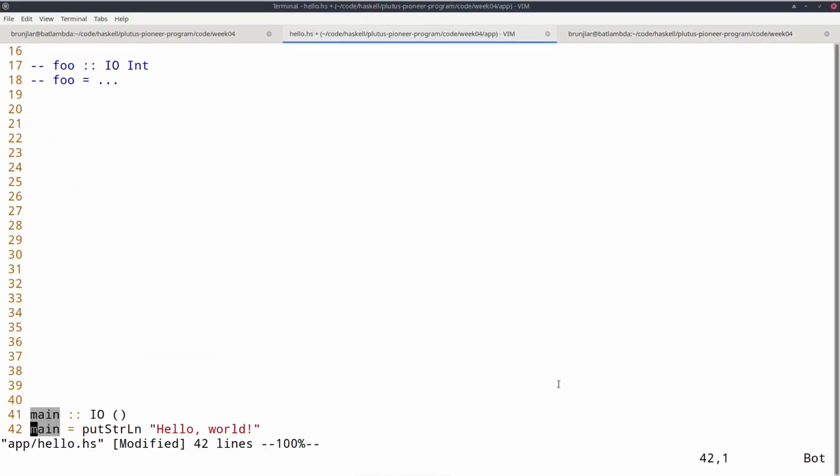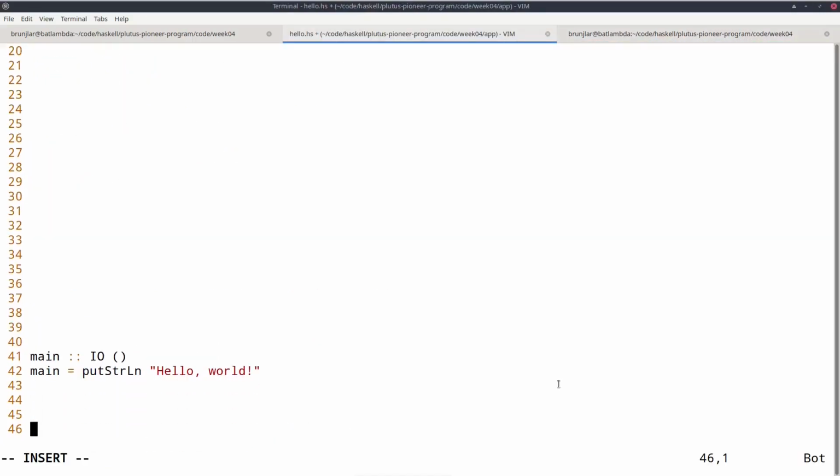Returning back to our main program, using these operators that I just explained, we can now write relatively complex I/O actions. For example, I can define an I/O action that will ask for two strings and then write the result of concatenating those two strings to the console.